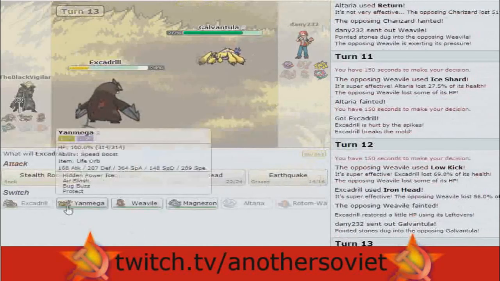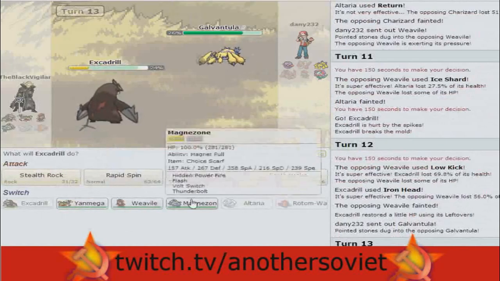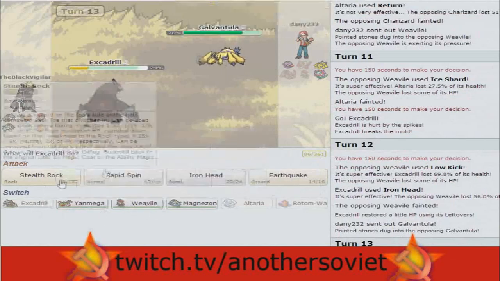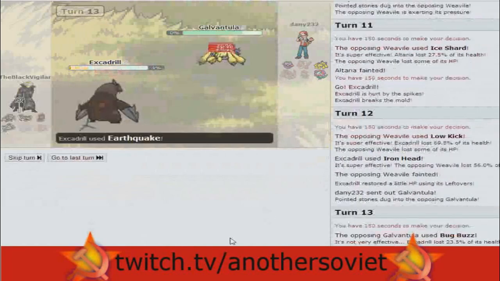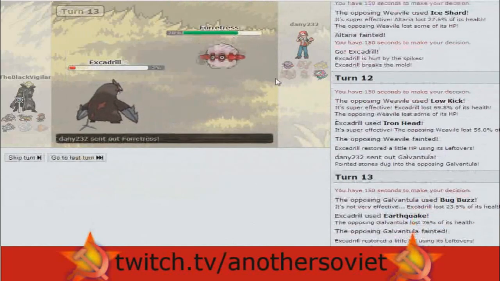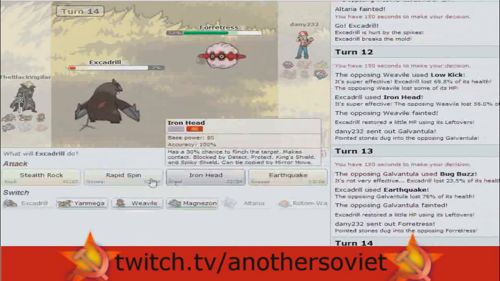Now he brings out the Galvantula, so I doubt he's going to want to go for Sticky Web. I don't really know what I want to do. I think I have to just sack this thing, and I live a Bug Buzz. Wow, that's really unfortunate for him. I definitely didn't expect to live a Bug Buzz. But obviously I didn't want to switch in my Yanmega or anything else,